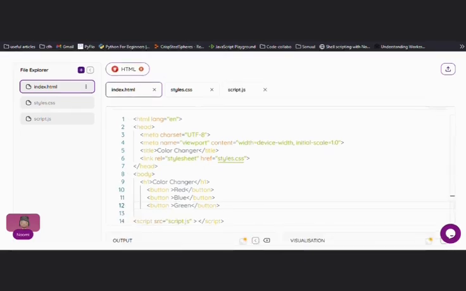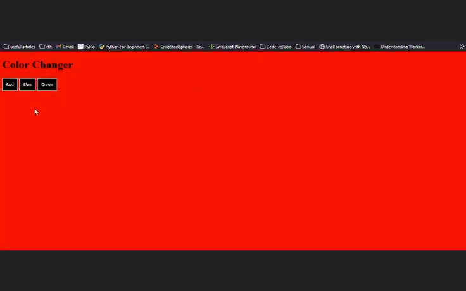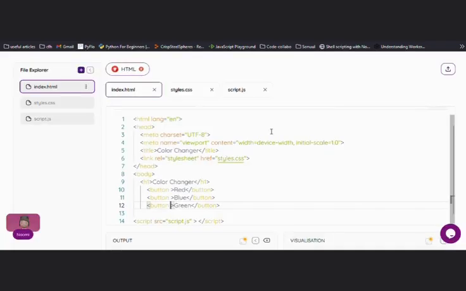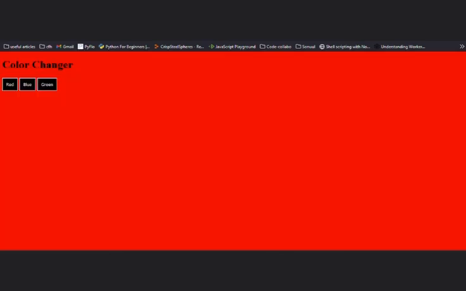What I've shown us in the previous screens is how to click on this button and it changes the background color of this web page. So we can achieve this functionality with JavaScript. Let's go ahead to our JavaScript file. The first thing we are going to do is add an ID to each of these buttons for us